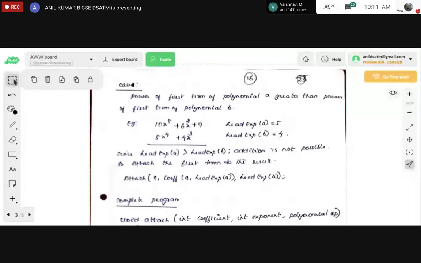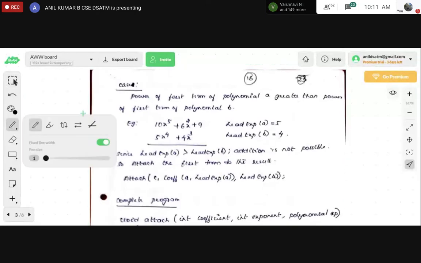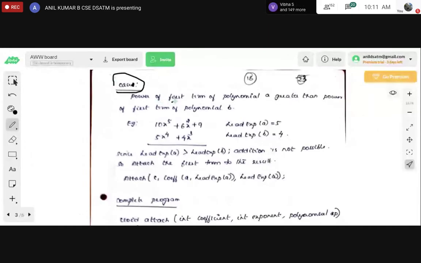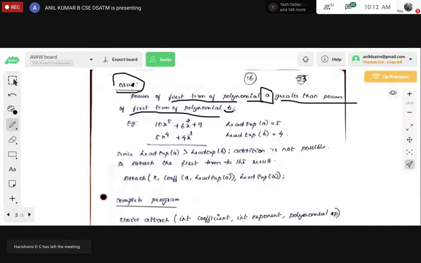Yes, see here. Second case: the power of the first term of polynomial a is greater than the power of the first term of polynomial b.